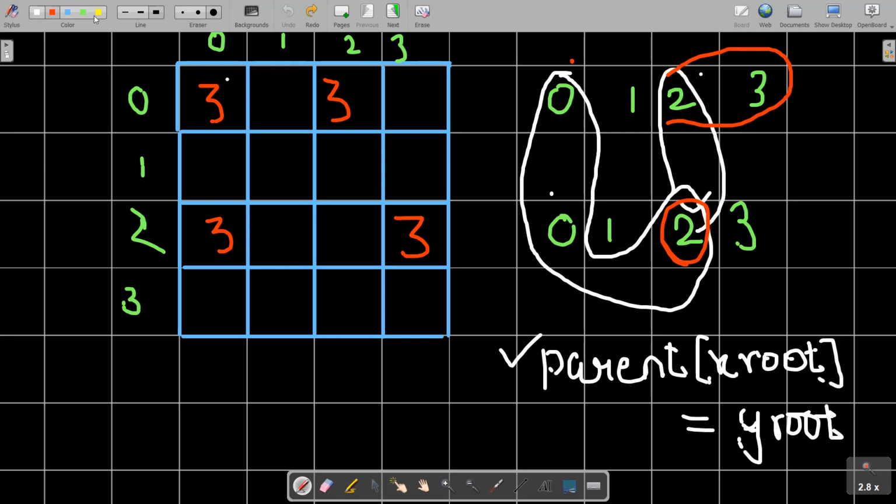Suppose at a particular iteration, like we have done for 0 comma 0. Now this 0 and this 0 are in the same connected component, and this 0 is the parent of this connected component. Now suppose we are processing this 0 and 2. If I'm processing this one, first I will find out the parent of where this 0 is going to lie. This 0 is lying in this connected component, right? We are going to find the parent of this connected component, which is this one. If it is this one, we are going to join it up.